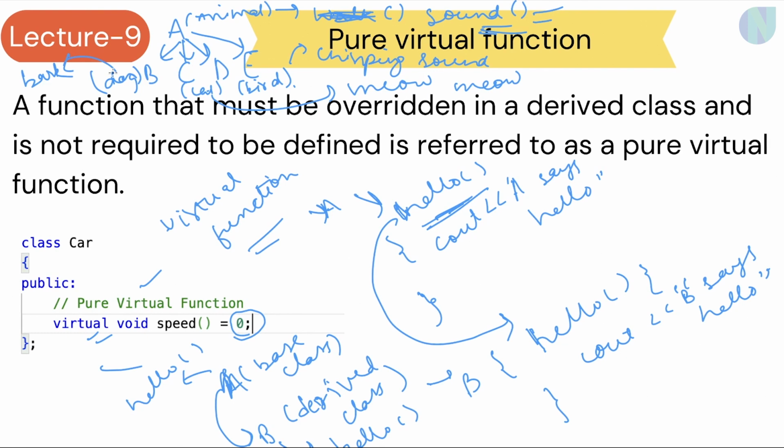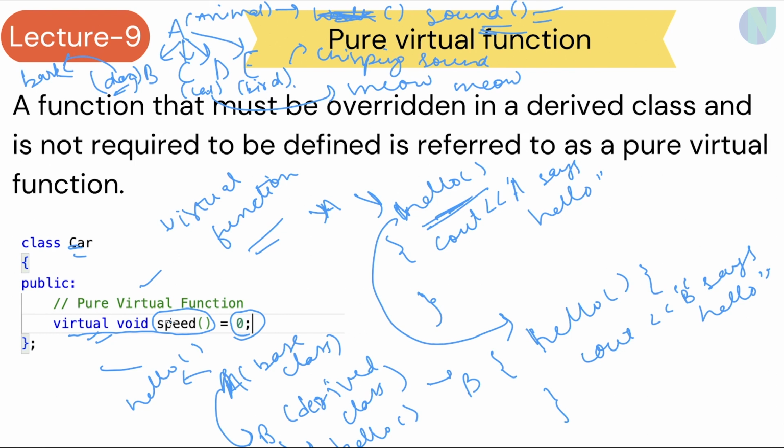But every kind of animal has its different way of producing that particular sound. So basically in virtual function, what we do is, if a class is car, we make this speed as virtual and we make it as 0. So what we need to do is, in pure virtual function,